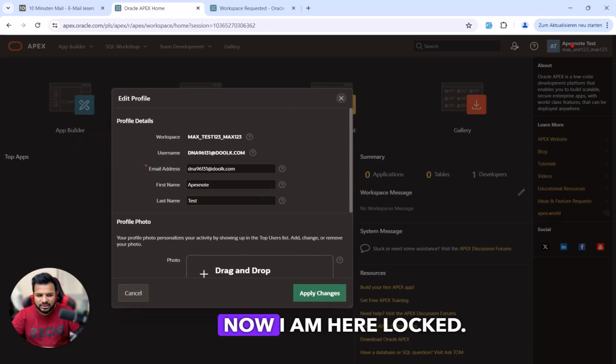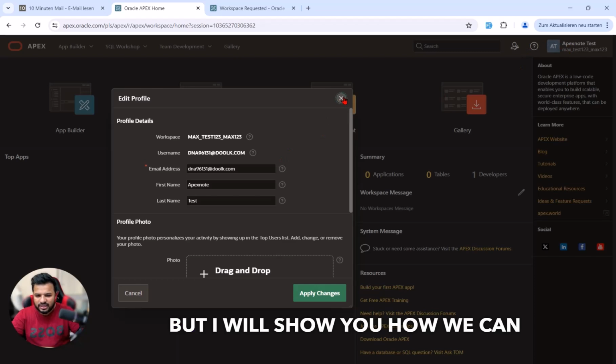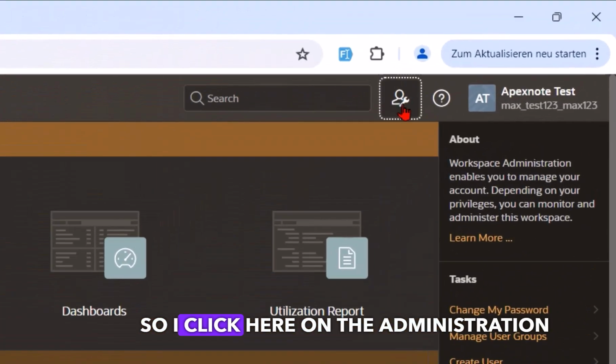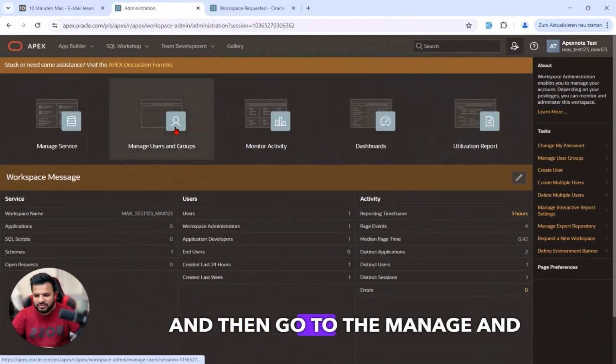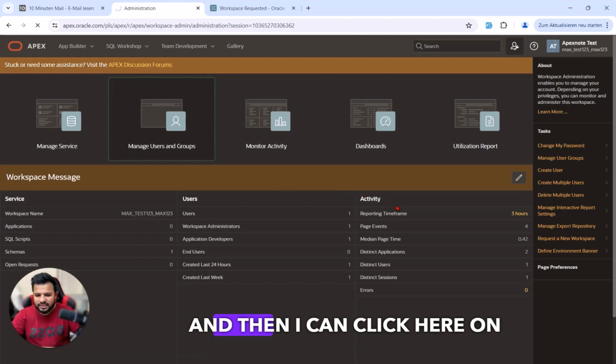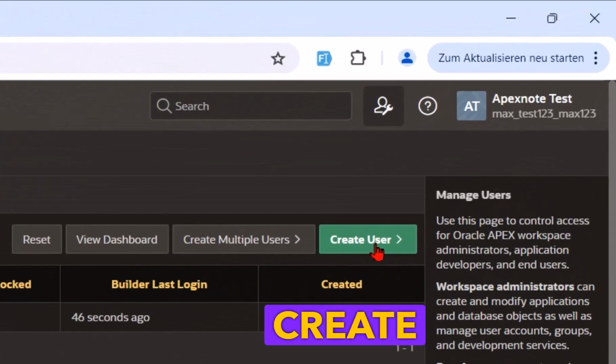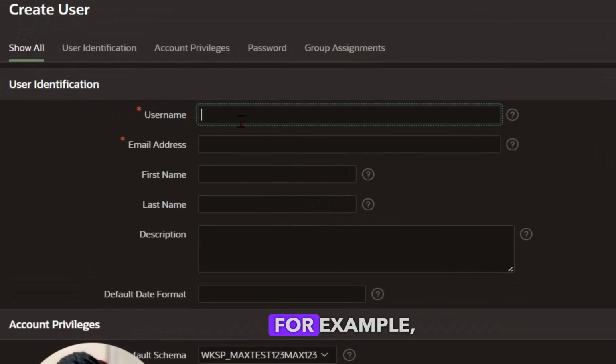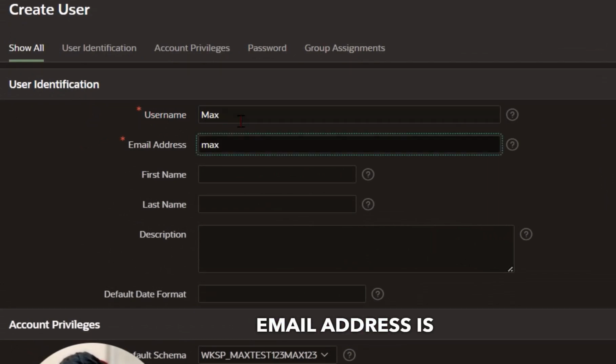For example, now I am logged in here, but I will show you how we can create another user account. So I click on administration and then go to manage users, and then I can click on the button create user. Here I will define the name. For example, the username is Max, email address is max@maxmuster.de,